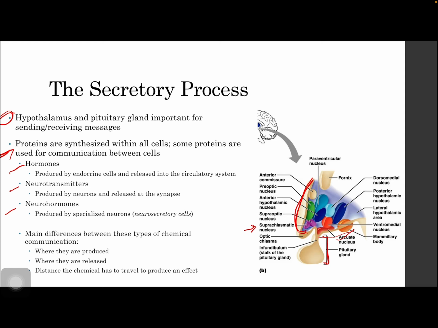Neurotransmitters are produced by neurons and then released at the synapse, from the presynaptic area, and then sent to the postsynaptic area across the synaptic cleft. And then here we have neurohormones, and these are produced by specialized cells called neurosecretory cells. Again, this is just the basics of the kinds of communication that's sent